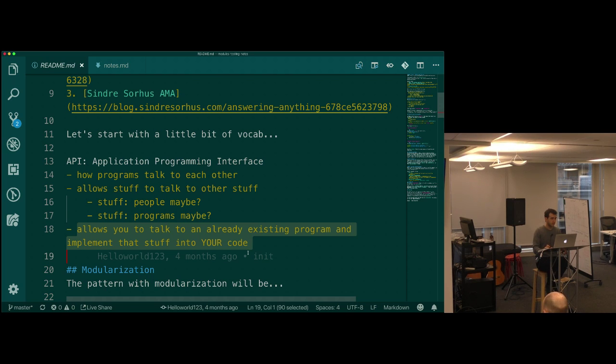So, since we're talking about Node at this point of the bootcamp, we need to talk about how to package your code so that it can be imported, right? That whole process of taking somebody's work and using it in your place. Somebody needs to have packaged the code. So we're going to look at how that works.